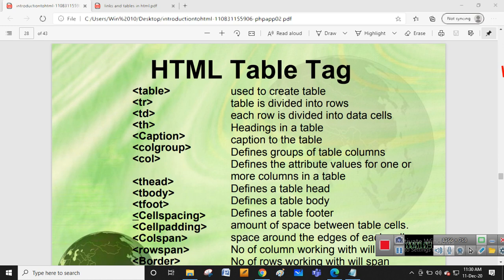So till now we discussed how to insert the image, how to apply the hyperlink, and how to apply the different text formats, that is bold, italic, underline, which we saw. We also saw how to create lists, ordered list and unordered list. After that we saw the font tag and how to apply different fonts to the text. And also we saw the headings, H1 to H6, different headings. And we are going with a new topic called tables. How to insert a table inside the web page, and what tags you are going to use inside the tables.